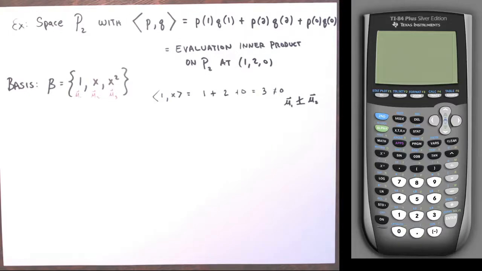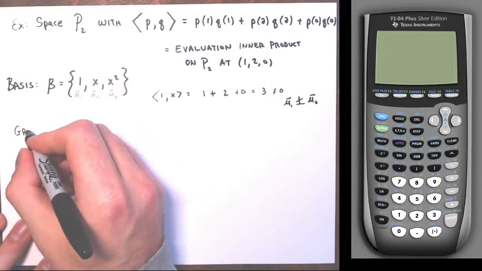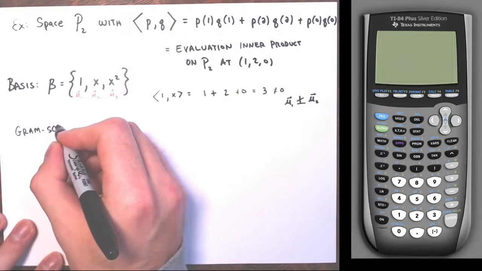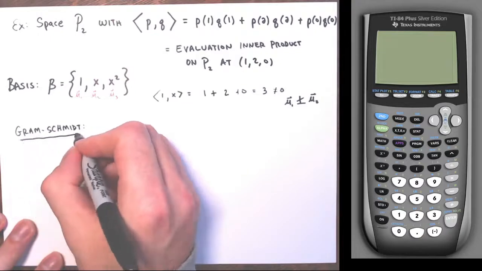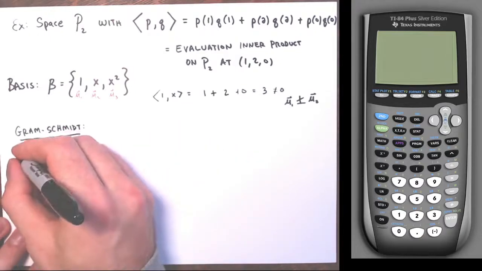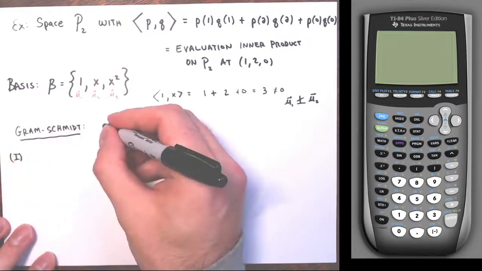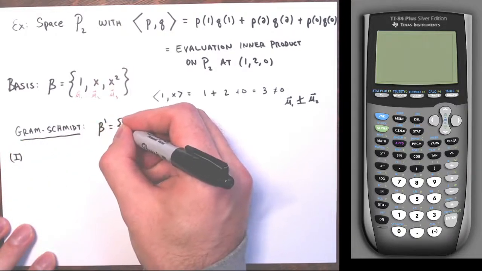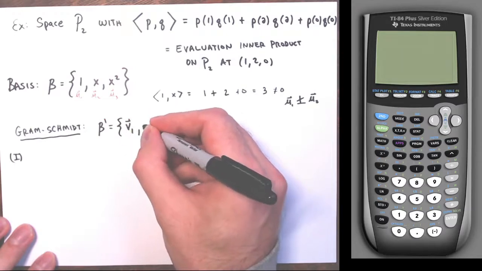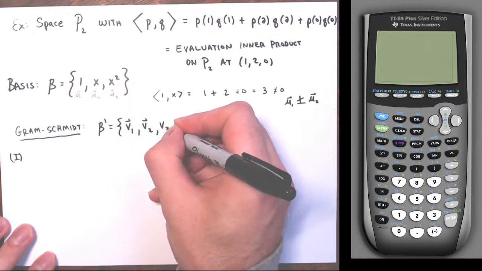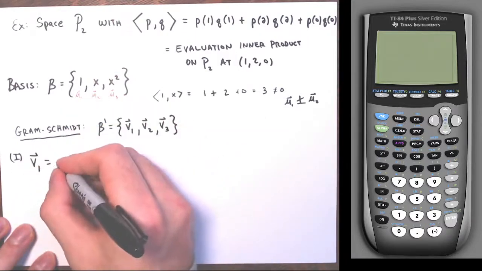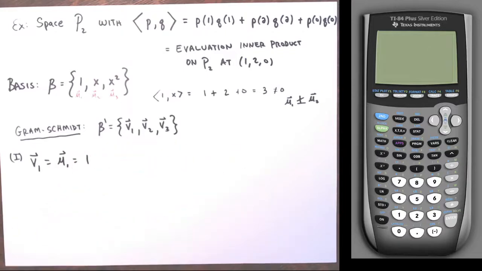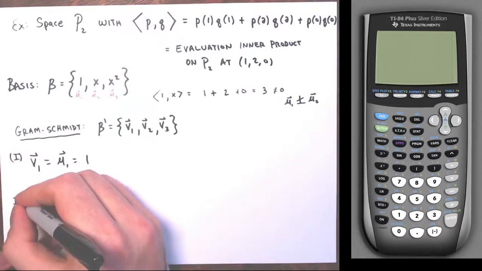All right, so now we go through Gram-Schmidt. It can't hurt to see these formulas again, even though the first time I did them with P2 in the last example was a mistake. All right, so first step: I'm creating a new basis called B prime, an orthogonal basis for P2 with v1, v2, and v3, where v1 is simply u1, just the polynomial 1. And second, v2